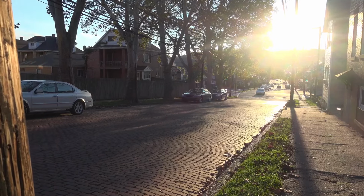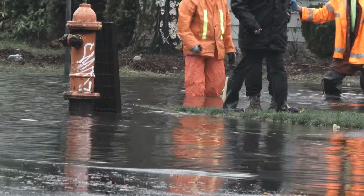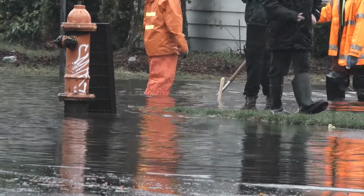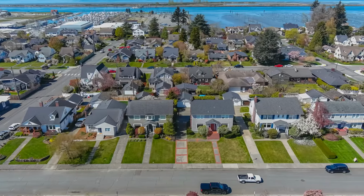Now let's switch gears and talk about the negative impact of AB 1033. I got 5 points for you, and number 5 is one of the most important ones. Number 1, impact on neighborhood character. Some opponents argue that AB 1033 would alter the character of the residential neighborhoods, potentially leading to overcrowding and increased